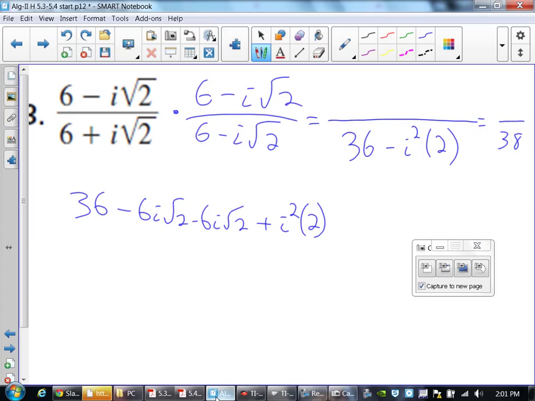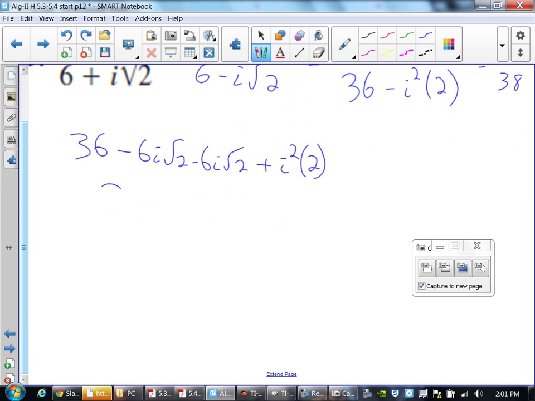What will negative 6i root 2 minus 6i root 2 equal? 12. Very good. It won't equal 0 because of the same sign. So 36 minus 12i root 2. What's i squared times 2? -2. Excellent. So your final answer here becomes